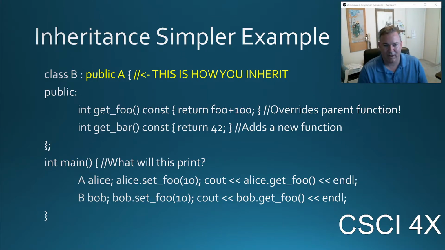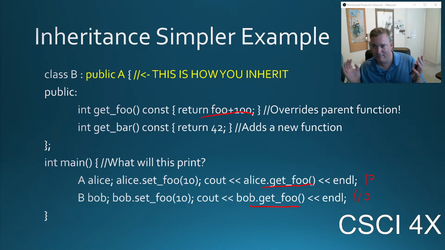So if we make somebody of type B, it's got a function called get foo and get bar. A just has get foo on it, and set foo, of course. And so if we make a variable of type A, we can set foo to be 10. B can set foo to be 10. It's all still there, even though it's not visible. That was copied and pasted in. It still works. But when we call Alice's get foo, it calls the original one. When we call Bob's get foo, it calls this one. And so this is going to return 110. This one's going to return 10. That makes sense? So basically the point here is that you can copy and paste code and then change it,